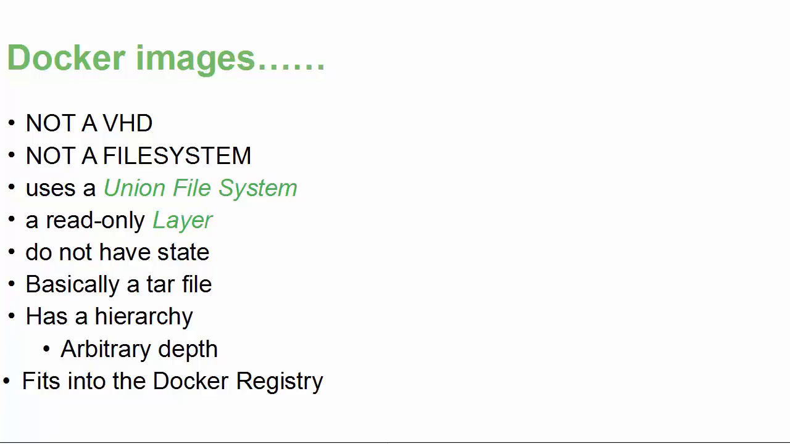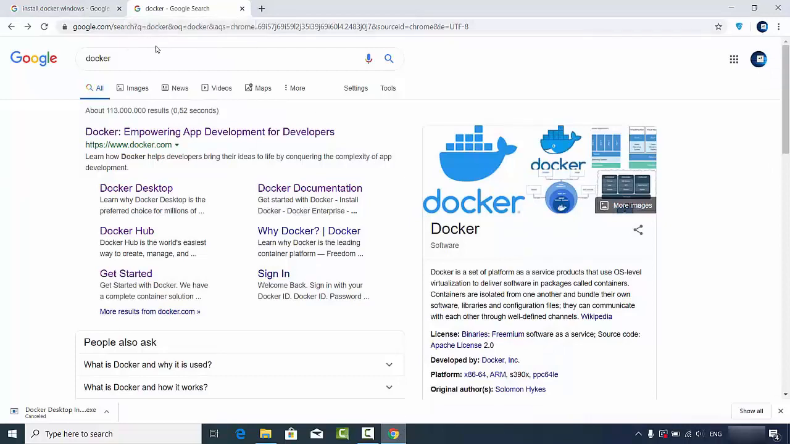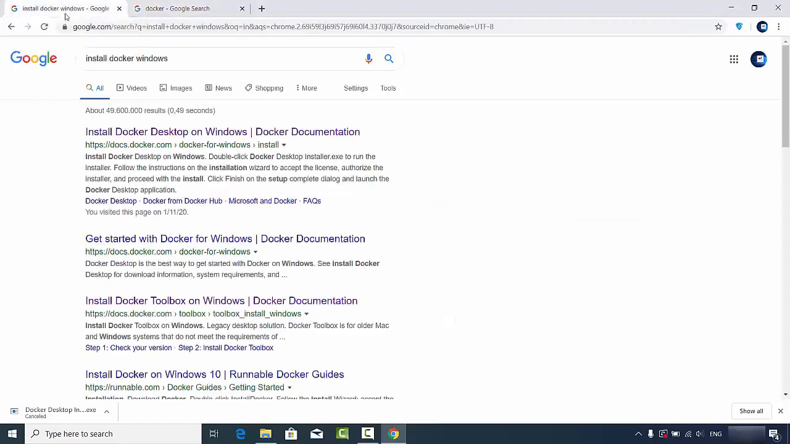So this was a brief introduction about Docker. In this video, we are going to see how we can download and install Docker on our Windows 10 operating system. So let's get started. First of all, open your favorite browser and search for Docker. But before installing the Docker Desktop application on our Windows operating system, let's see what the system requirements are for installing this application. So I'm going to search in my browser for install Docker Windows, which will open this link from